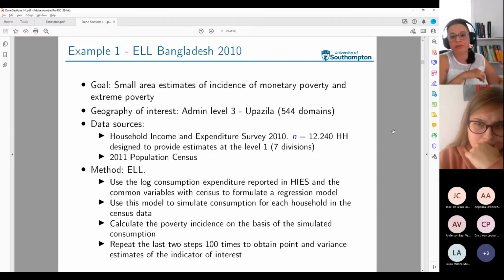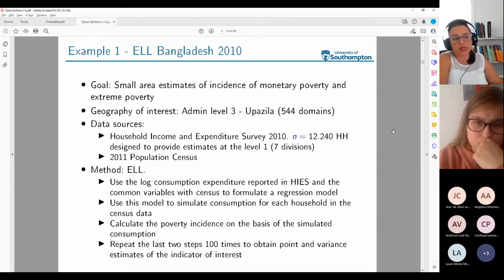So you generate many simulated versions of income in a particular census. And then you get an estimate of poverty that is based on an average of those different repetitions of simulated consumption or income. You use that repetition to get your point estimates and also to get your variance estimate